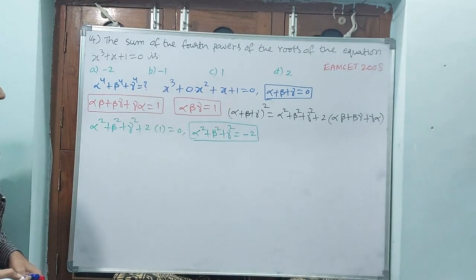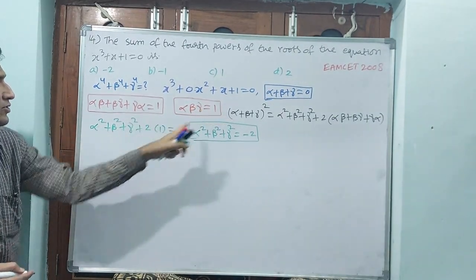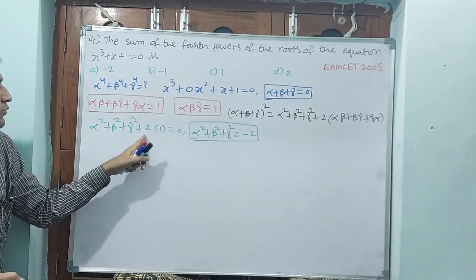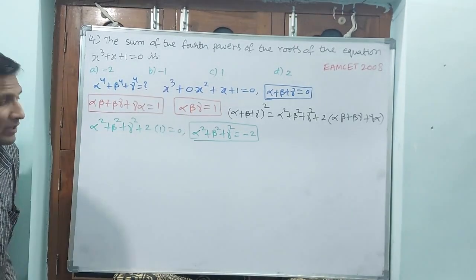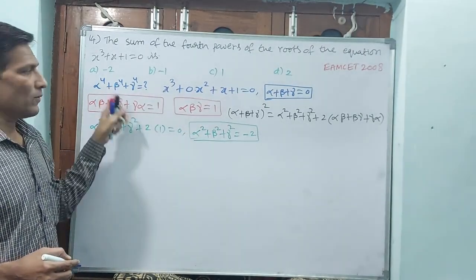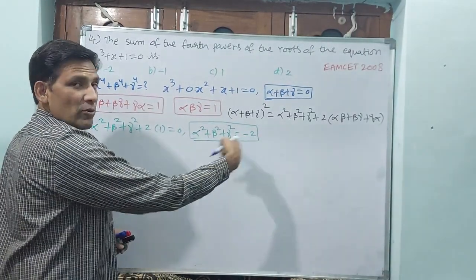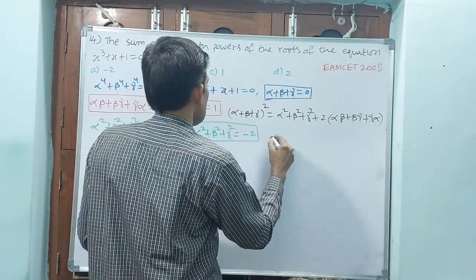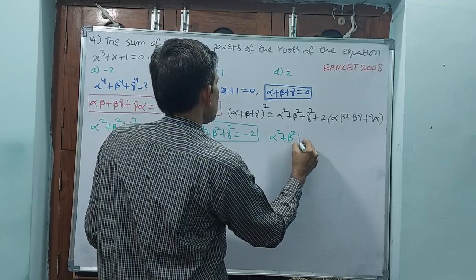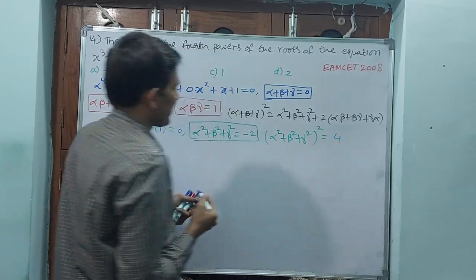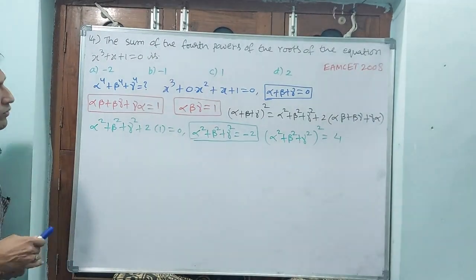Definitely I can write. Because this outside 0 is there, plus 2, that is going to become 1. 1 into 2, 2. This is going to become minus 2. Now what I am doing? Again squaring this. Then only I will get alpha to the power of 4. See, this side is minus 2 whole square, which means plus 4 only. You see, (alpha square plus beta square plus gamma square) whole square is equal to 4. Minus 2 square is 4.